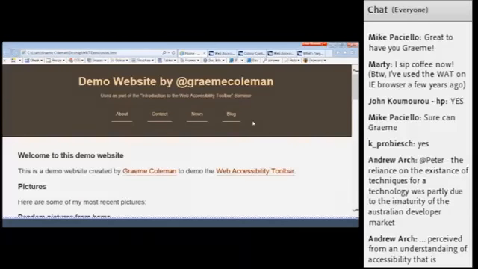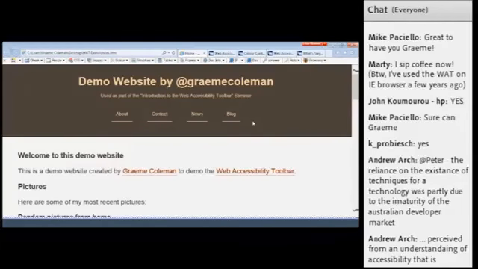So moving on to some of the things you can do. As I say, I've developed this basic website here, this one-page website. Hopefully, if I scroll down, there won't be too much lag. I've put in a little bit of text here, a few images that I've picked up.